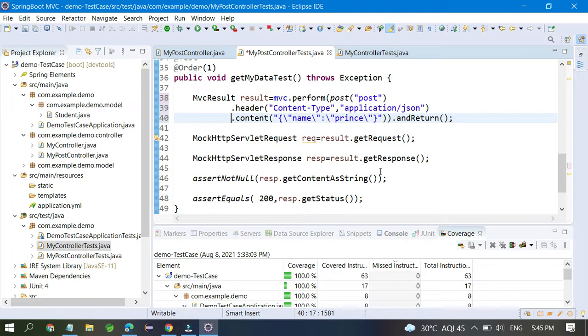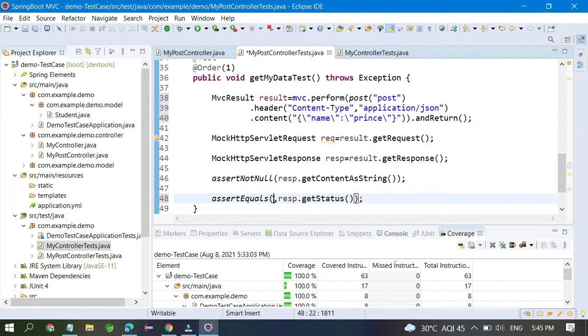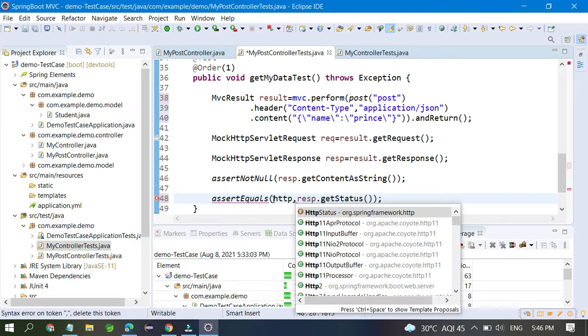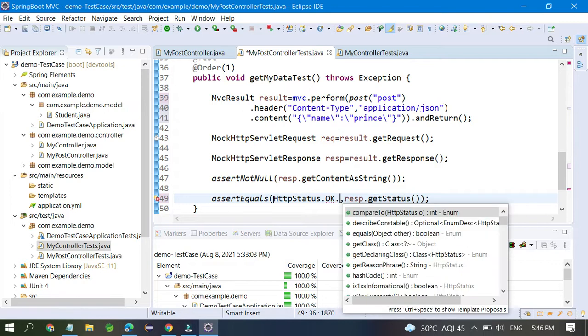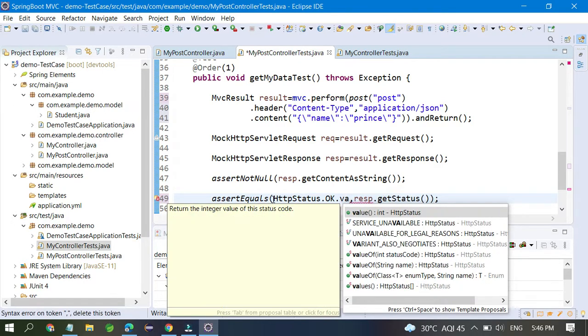Okay, dot value, this is also fine, and response dot get status. Okay, so this is fine, and here you have to write, not 200 directly, HTTP status dot OK dot value. This is exactly giving 200 to you.